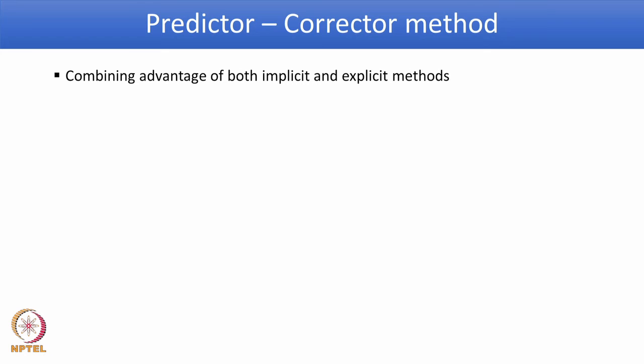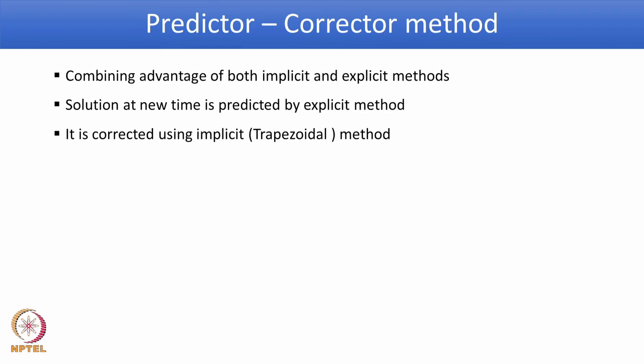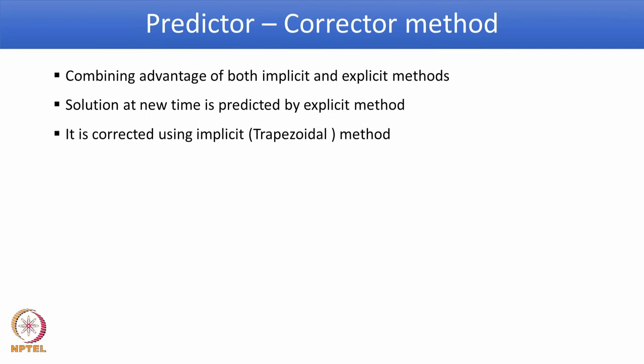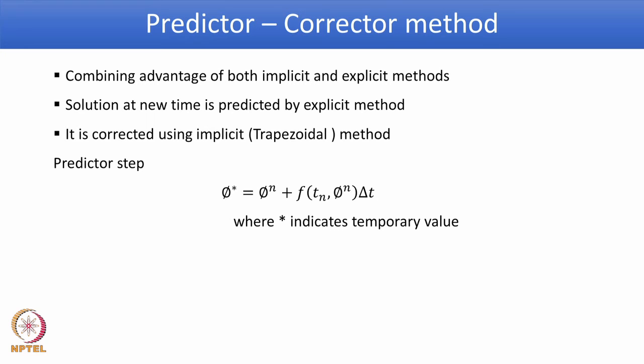So, the question is whether you can combine both the implicit scheme and the explicit scheme, because each of them is supposed to have some advantage. The solution at the new time step is predicted by the explicit scheme, and then in the next step it is corrected using an implicit scheme. Such a two stage procedure is called the predictor corrector method. So, one proposal is given here: the new time level is predicted by the explicit scheme and it is corrected by the implicit scheme. For example, the predictor step,